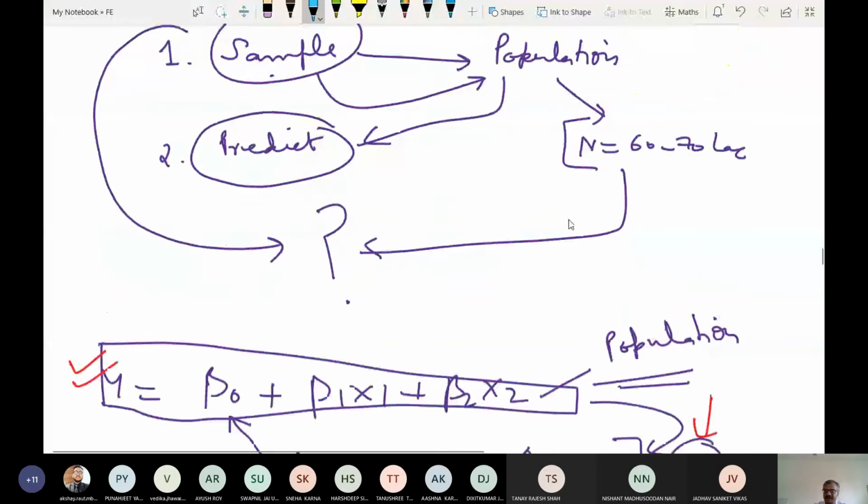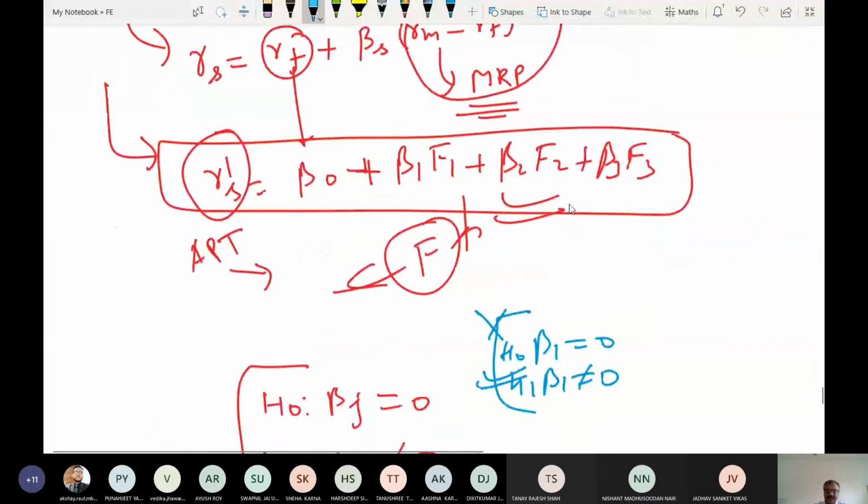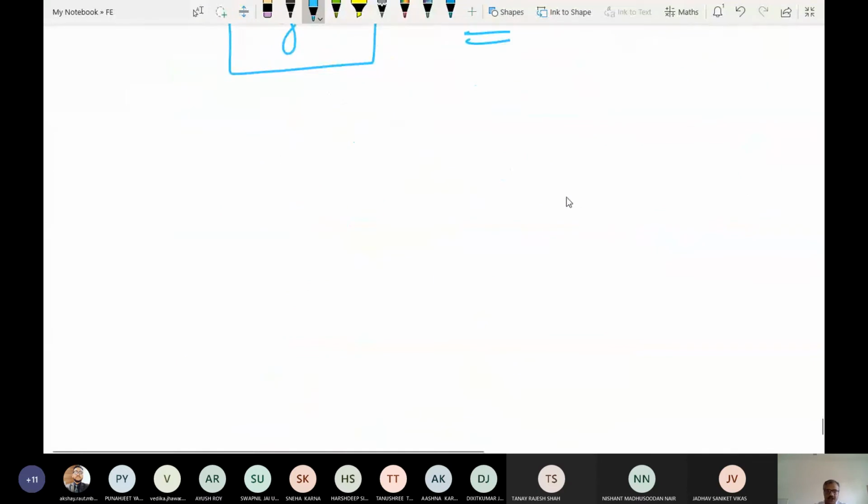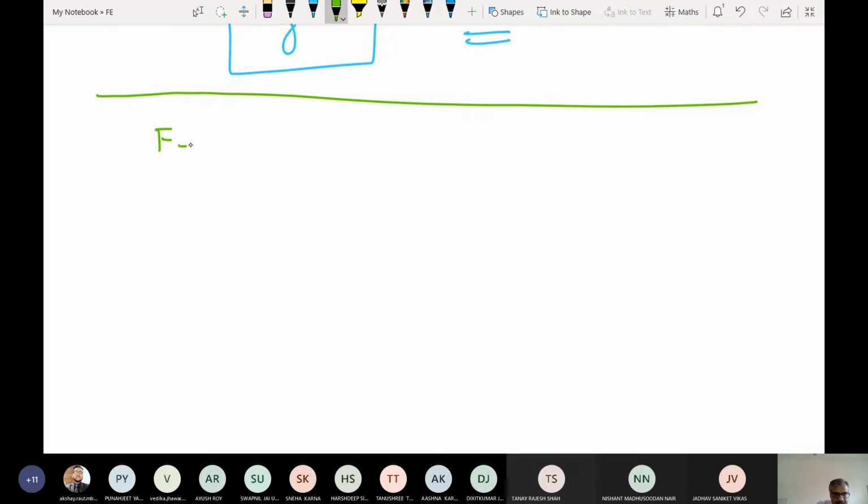Whenever we are doing any testing of significance or testing of hypothesis, I should surely write what the null is. So when I'm saying that I'm going to discuss the F-test of the regression model, in that case, the null is